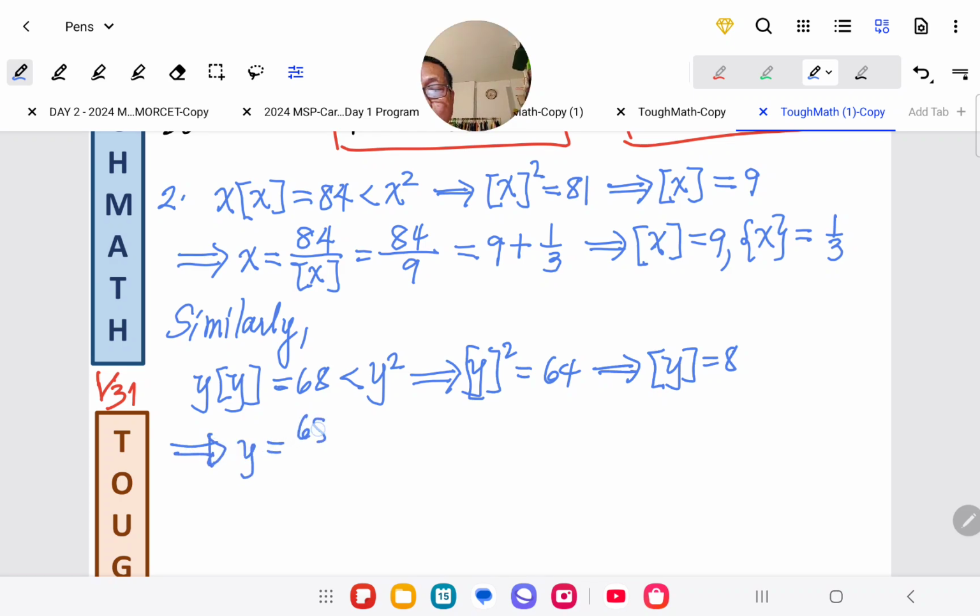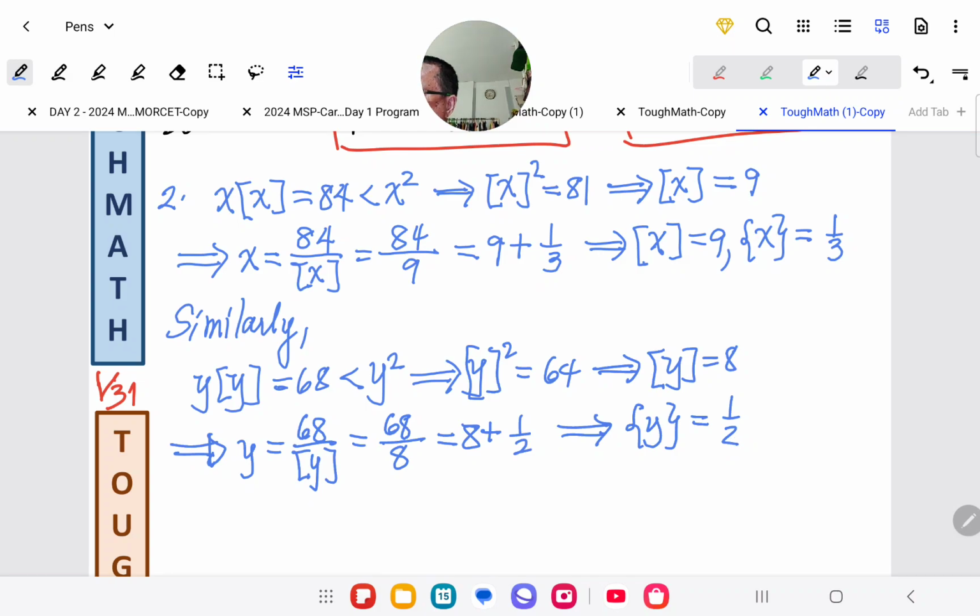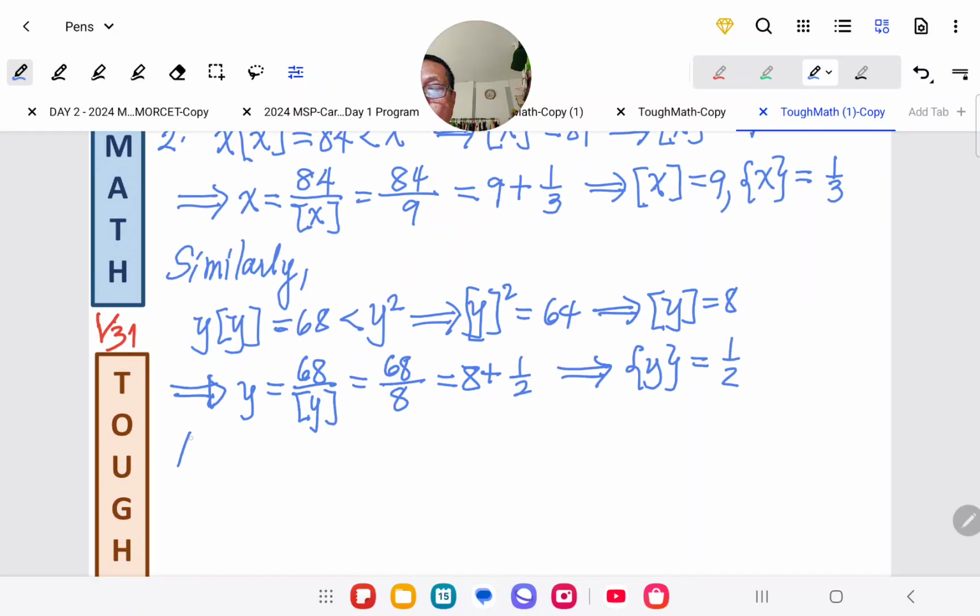y is equal to 68 over the greatest integer value of y. So we have 68 over 8, so this is 8 plus 1/2. Therefore the fractional part of y is equal to 1/2. So therefore